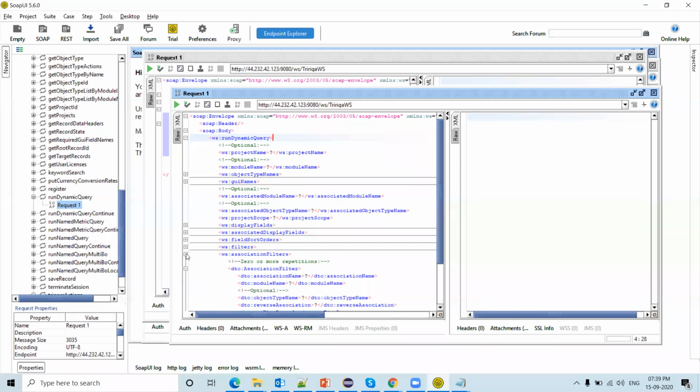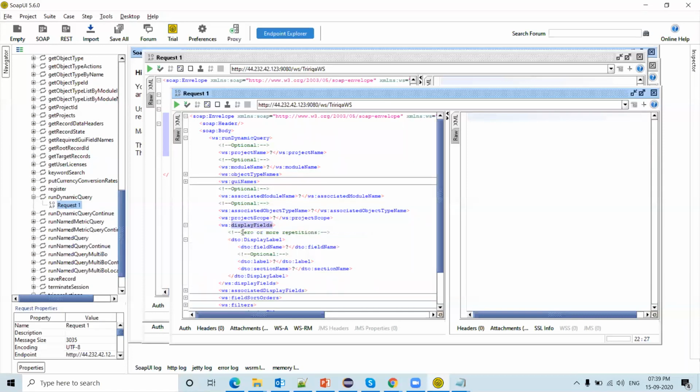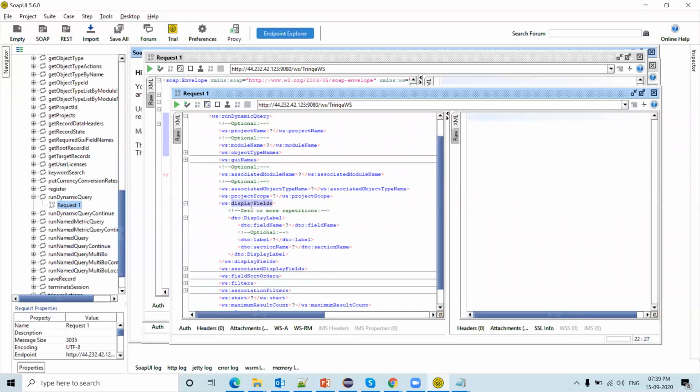We pass the object type name, which is the BO name, module name, then form name. If there is any association, we have to pass that. Then project scope and display fields, meaning which fields you want to display, so we have to pass those field names.